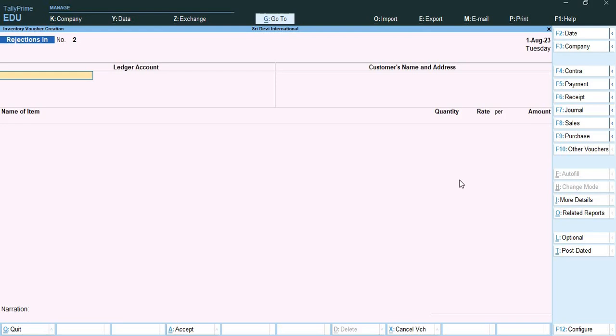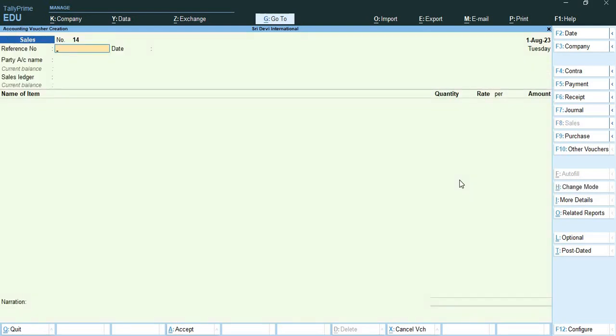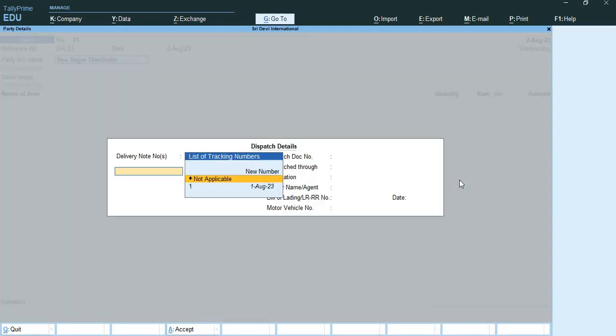I will create a sales ledger over here, sales invoice with reference number SAL01, dated 2nd August, to C Sagar at the name of C Sagar distributor. I will link my delivery note 1